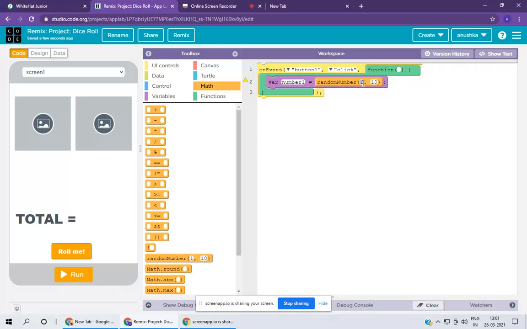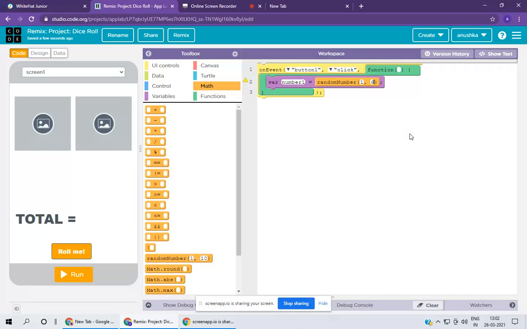We will not touch the first one. In number 1, we need to change 10 to 6. Why are we using 6 here?